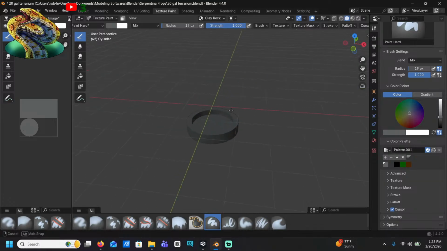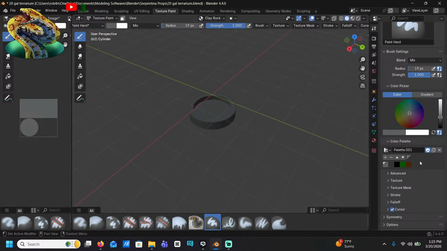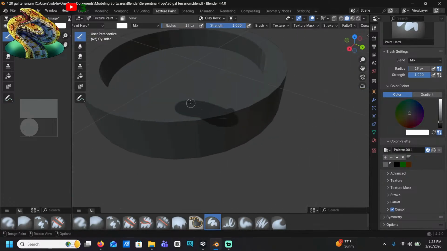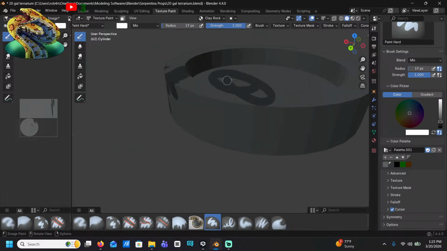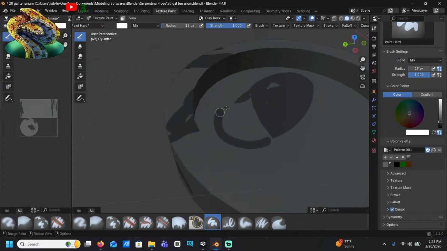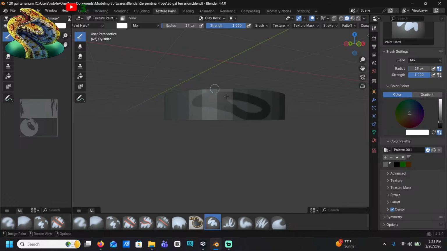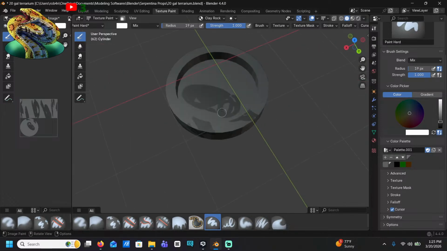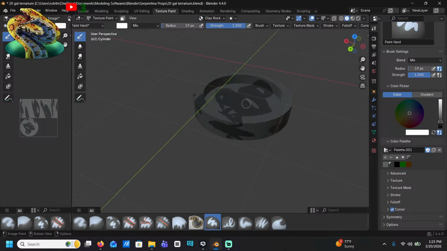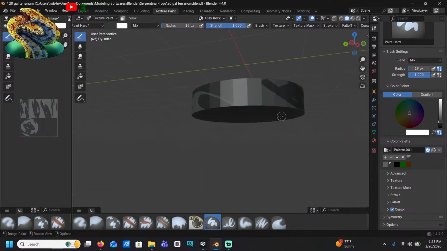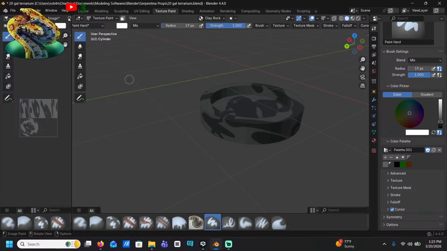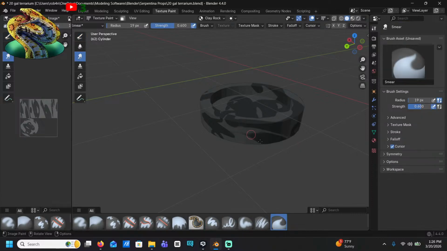Okay. Looks good. Then I do a dark gray. Okay, then I do the thing that I love to do.